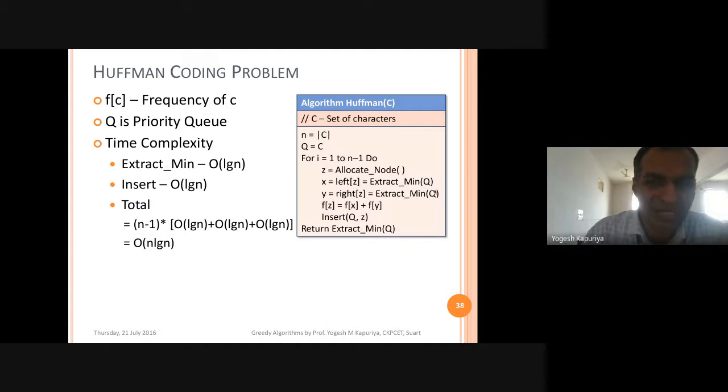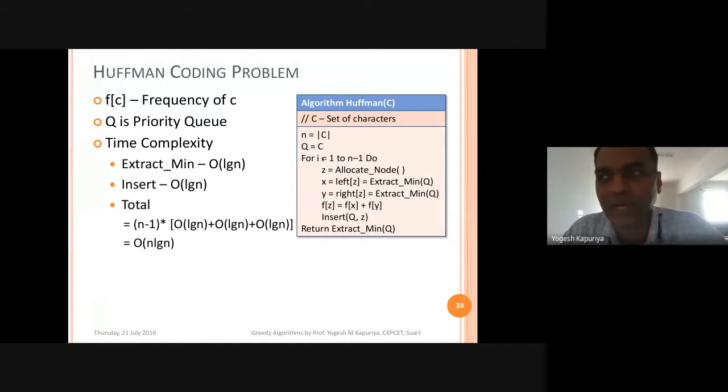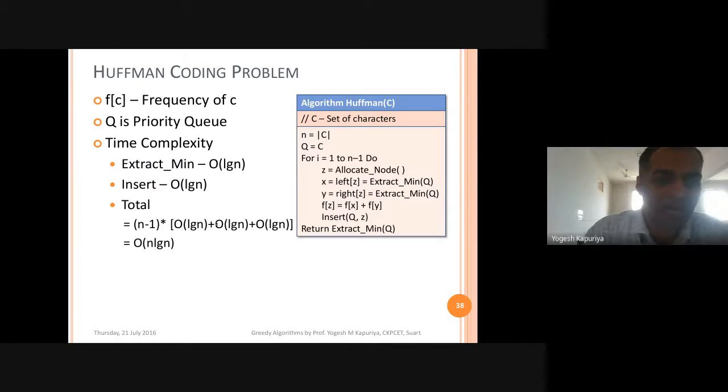But sometimes you are actually calling another algorithm. So here extract min is actually another algorithm, so you need to consider the time complexity of that algorithm. And that is big O of log n, because we are using a min priority queue, which is implemented using a heap. The time complexity of this function, extract min or insertion, is log n.